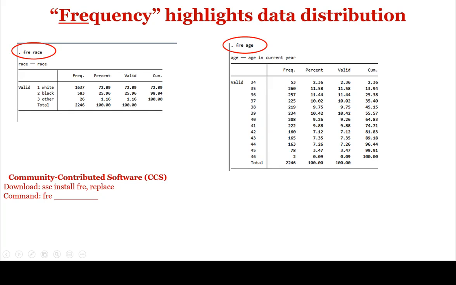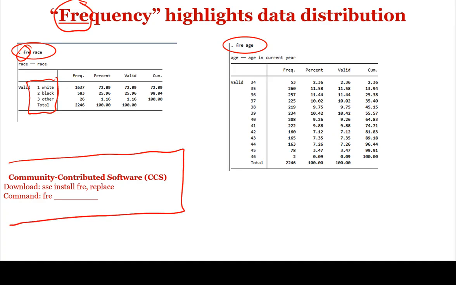Another one that's really important that I like a lot is this frequency, because I tend to like more information about this in terms of are there details underneath a particular variable. So in this case I use the free, and I'm looking at the race variable. Okay, and the thing to remember down here is I get that free variable from something that they call community